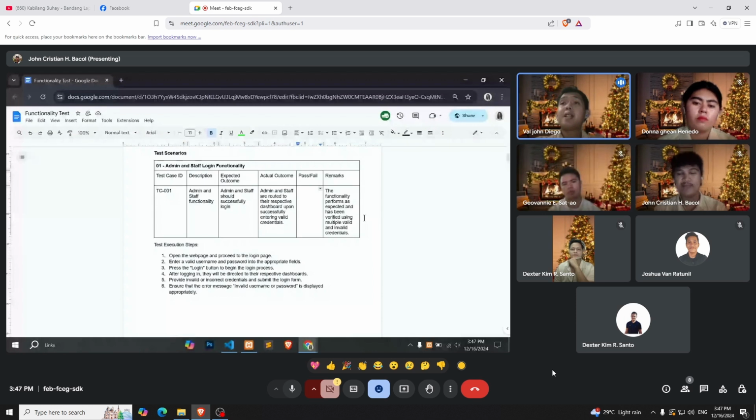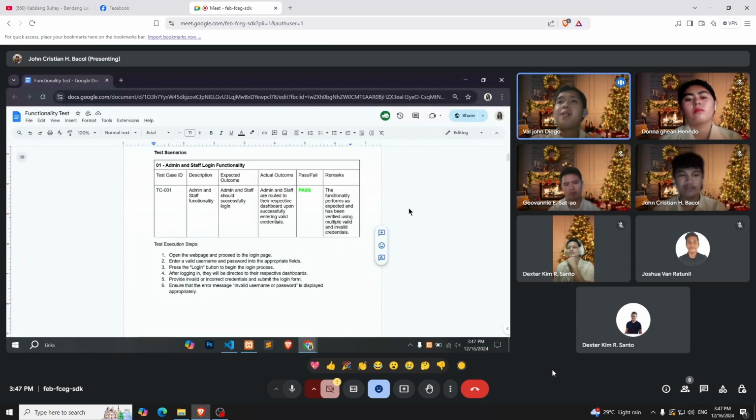So the actual outcome is that the admin and staff are routed to the respective dashboard upon successfully entering the valid credentials. So it passed. Remarks: the functionality performs as expected and has been verified using multiple valid and invalid credentials.